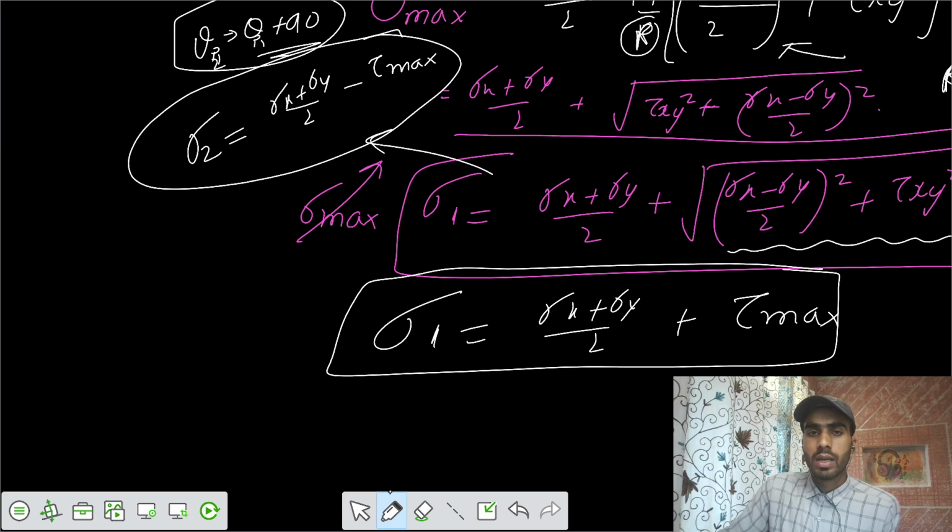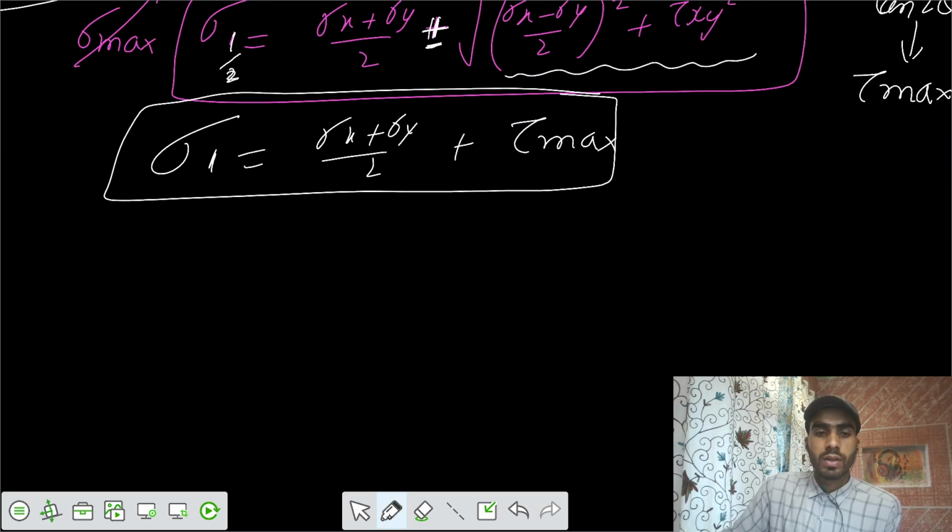In a general way, we can say sigma 1 or sigma 2 is plus minus. If you want to get sigma 1, you add the plus sign here. If you want to get sigma 2, you keep the negative sign here. So there's a conclusion then: when you add sigma 1 plus sigma 2,